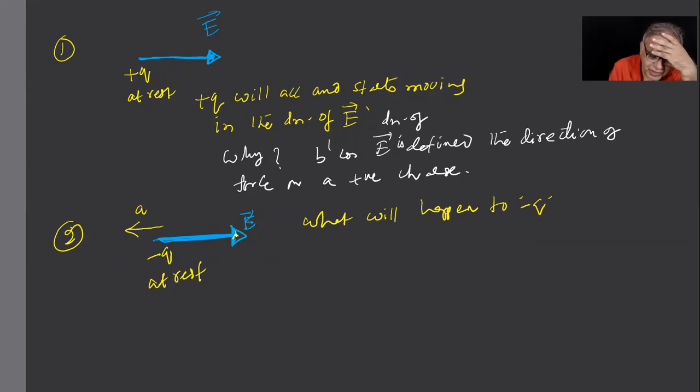Since E is defined as a force on a unit positive charge, if I place a negative charge there, it applies force in the opposite direction. So I need not look for sources now. My E is enough for me. This is what you mean by modeling. Who is causing this, whether plus is this side, minus is this side, is not at all my concern right now. I defined E already.